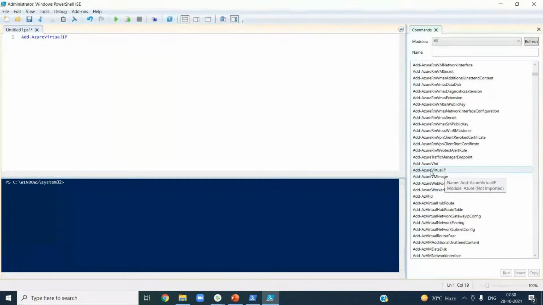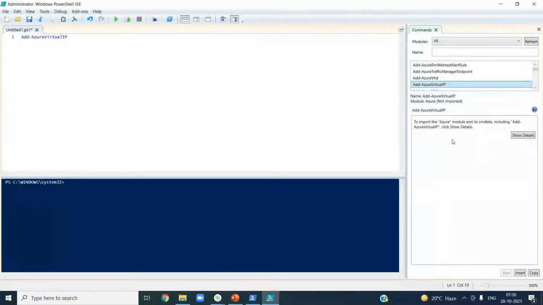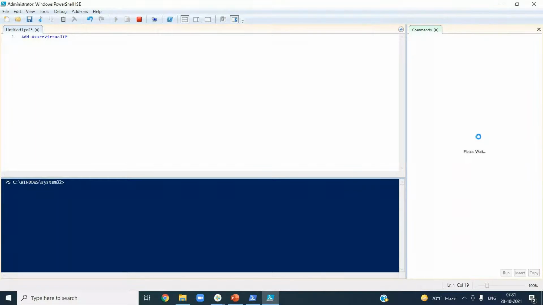If you double click on the right hand side, where I'm highlighting, it will show another pane here. Say show details. I'm just showing you how to easily learn commands and how to write commands.